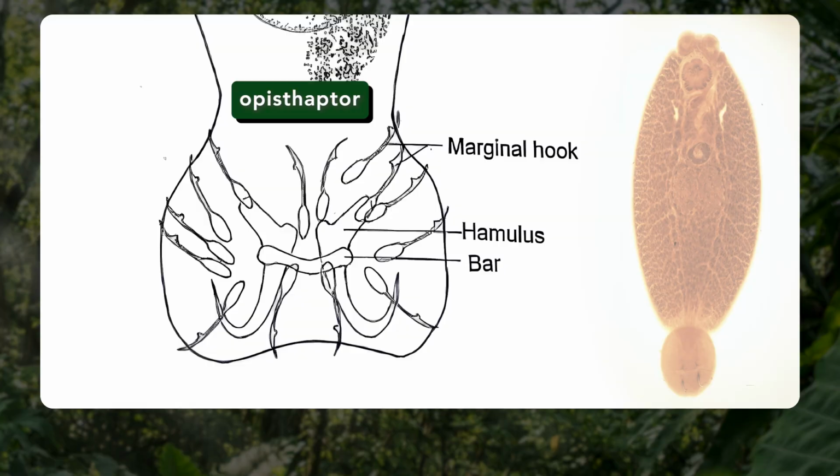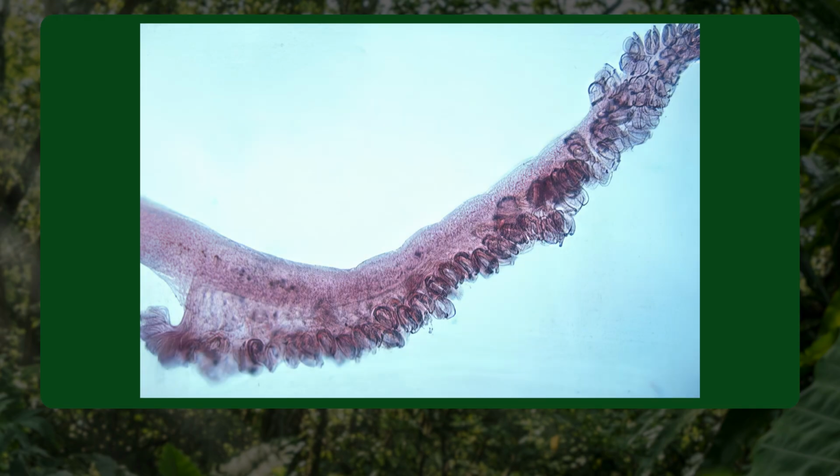And there's a really good reason for this high degree of host specificity. That opisthaptor organ, the posterior attachment organ, is finely tuned to the morphology of the host. This is one variant of the opisthaptor from one monogene species, and you can see that it is armed with hundreds and hundreds of clamps that are prehensile and can hold onto the gills of the fish to which this